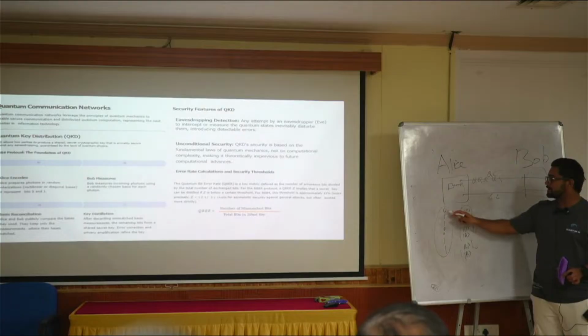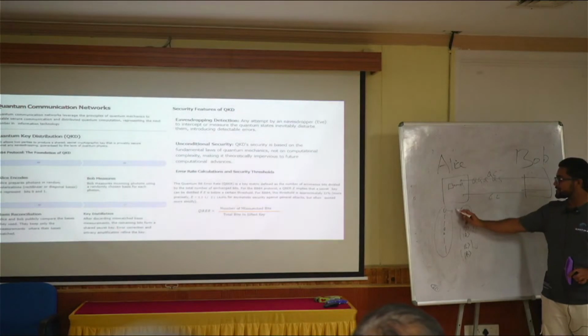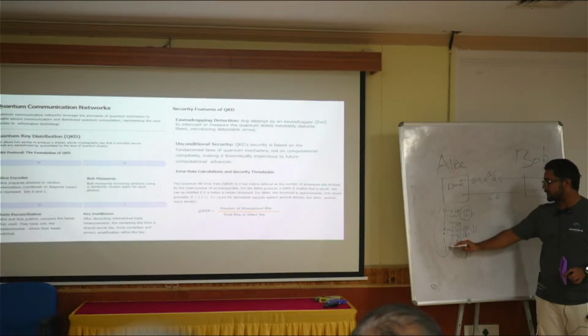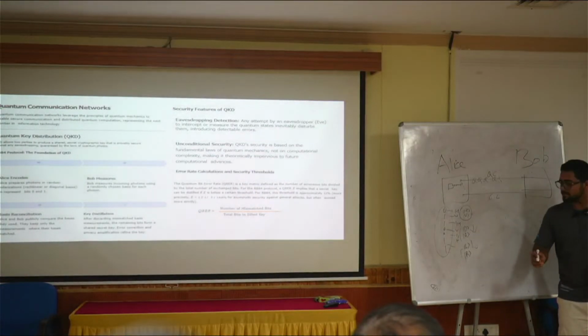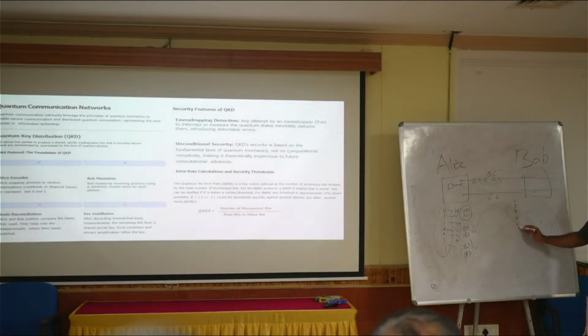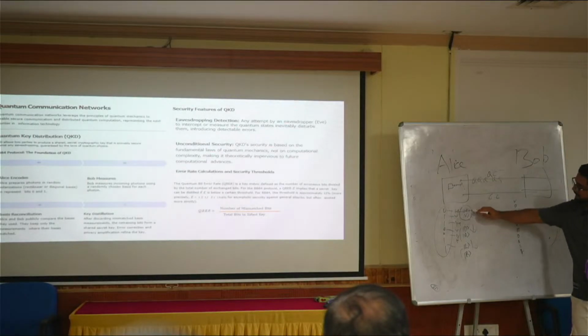Whenever they send some photon, they will use some basis like H, V, or diagonal, or whatever basis she will use, and Bob will use randomly. He will just toss a coin, and whatever outcome comes randomly he is going to use. Let's say vertical, diagonal, anti-diagonal, horizontal, left circular, right circular. So most of the time their